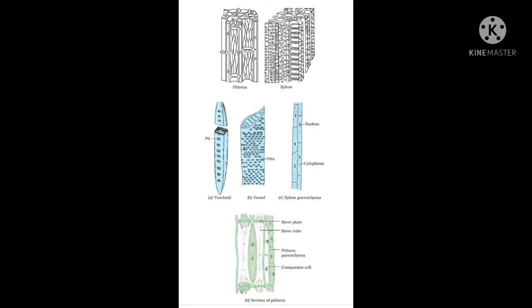Then comes the green colored diagram, which is the section of the phloem. As you can see, first they have given the sieve plate. Just below that is the sieve plate, also known as the sieve disc. Just after that they have given the sieve tube. Then after that is the companion cell. Just outside the sieve tube is the companion cell, which I have shown you before also. And the outer layer of this phloem is the phloem parenchyma. So this was about the diagrammatic representation of the xylem and the phloem.